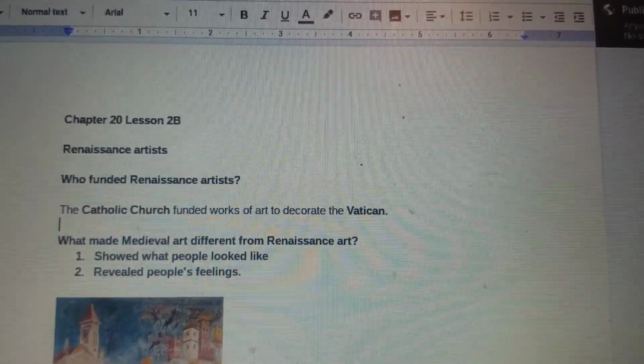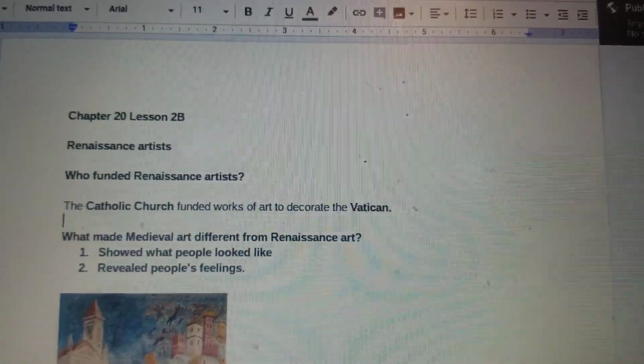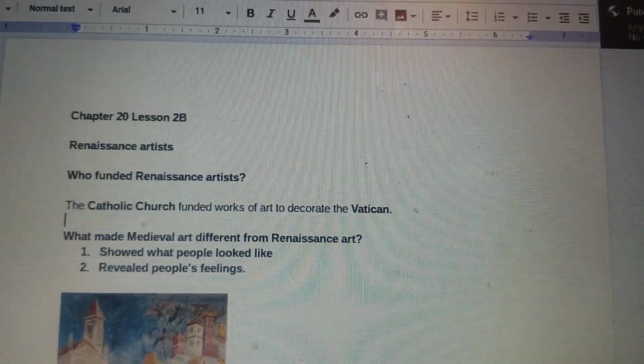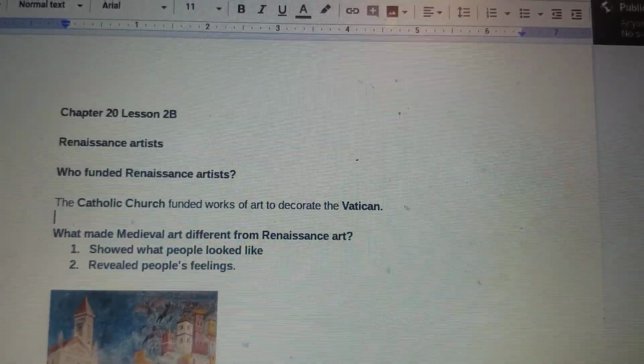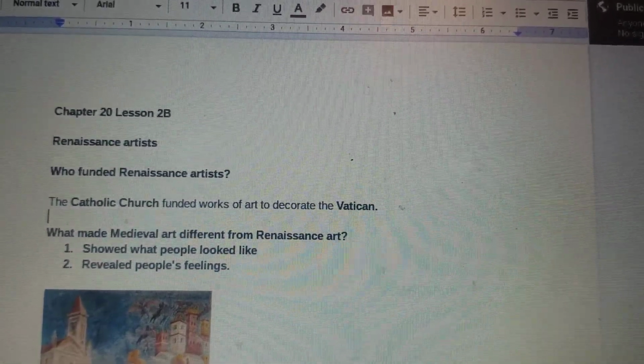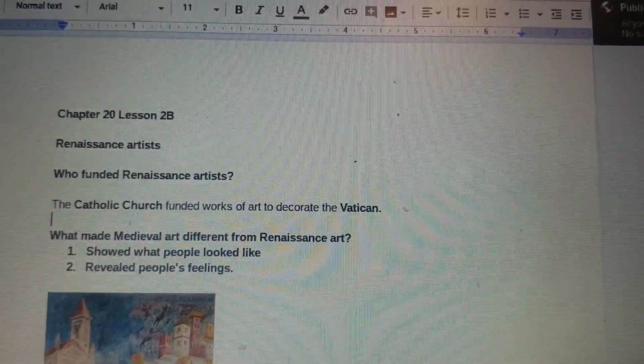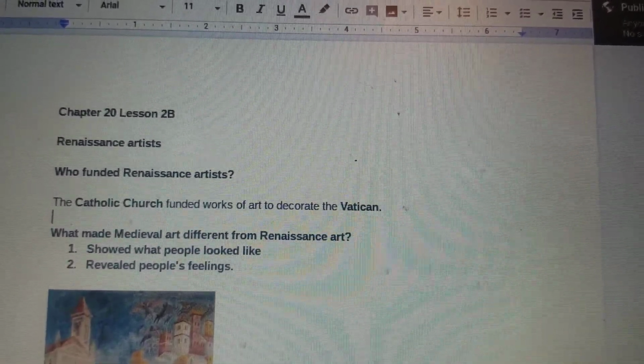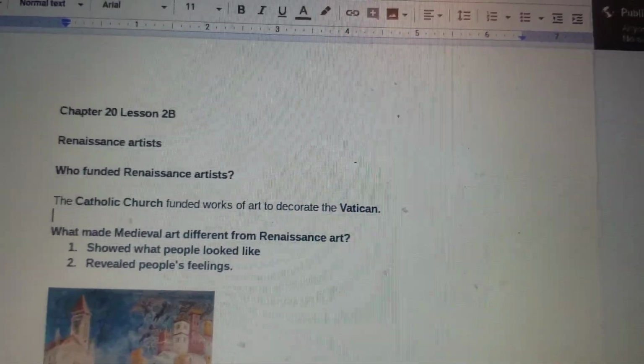The Renaissance was the rebirth from the Black Death. There were so many emotions of death, and people lost their loved ones and saw destruction. It was such a horrible time to live through that you weren't afraid of showing human emotion. So medieval art was different from Renaissance art because Renaissance art showed what people look like and